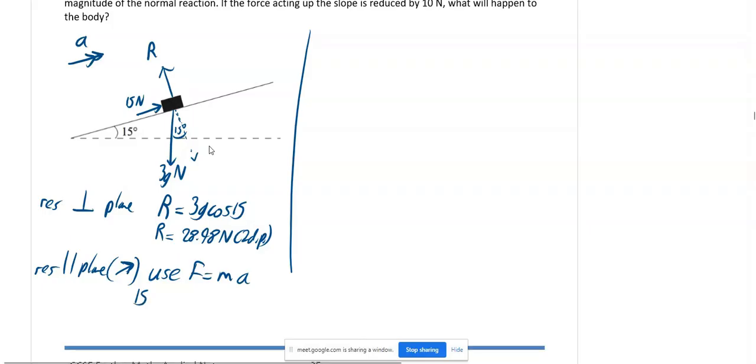Okay, right, now you don't know this bit, but a certain amount of the weight of this thing is acting down the plane. Not all 3g, definitely not all 3g, but some of it is. So what you have to do is do 3g, and we don't have the angle to bring that 3g round to there. So if you don't have the angle, Josh, do you use sine or cos? Sine. So that's going down the plane. So it's minus 3g sine 15. And that equals my mass, which is 3, times your a. So if you work that out,